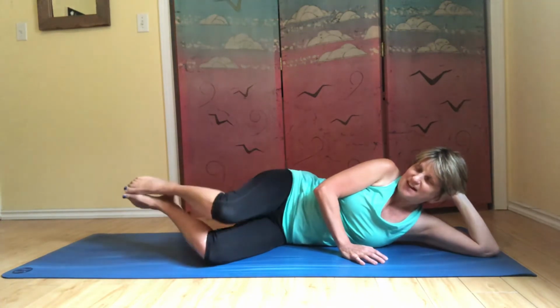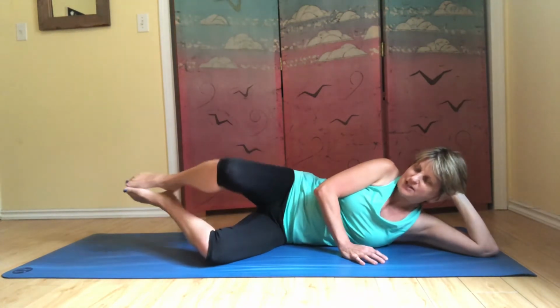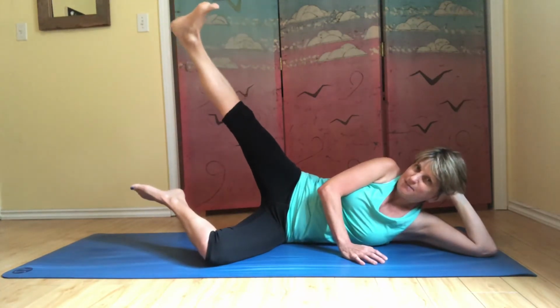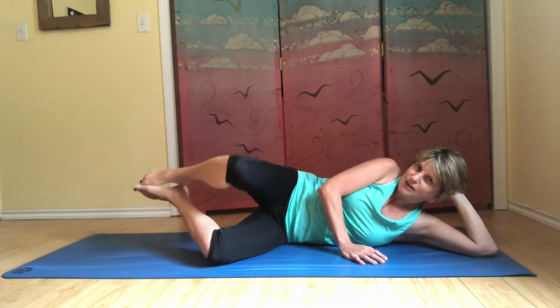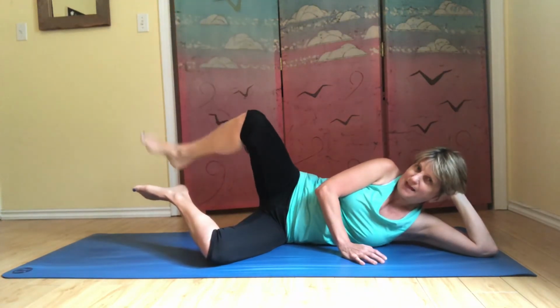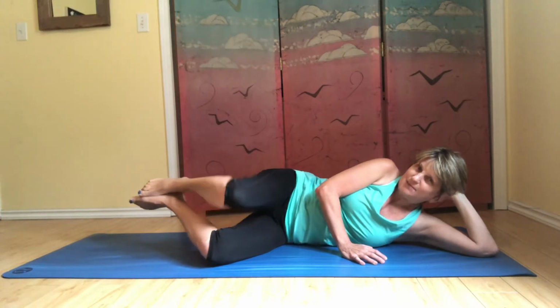So let's add on that final variation. Next time I lift my knee, extend leg to the ceiling, bend your knee, feet come together, lower the knee. Lift, extend, bend, and lower. And keep going